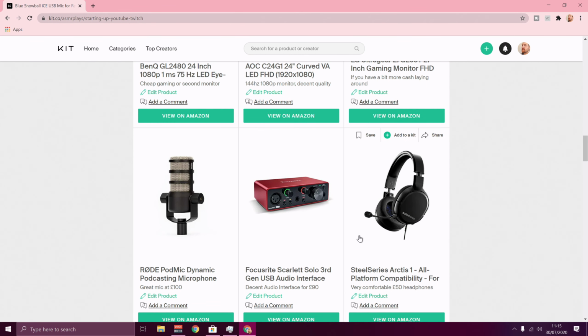What you can also do from an audio standpoint is go XLR. So I talked about USB, and that's plug and play. XLR is an analog signal, and what you need with an XLR microphone is an audio interface, or a mixer, something like that. But they're a lot more expensive generally. I generally find XLR microphones will give you better quality, although